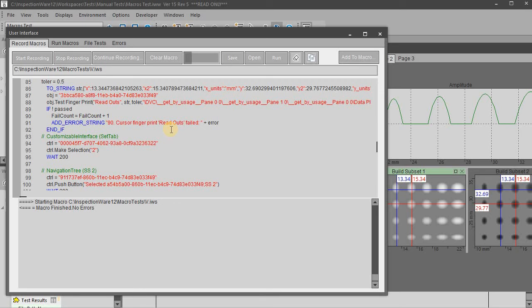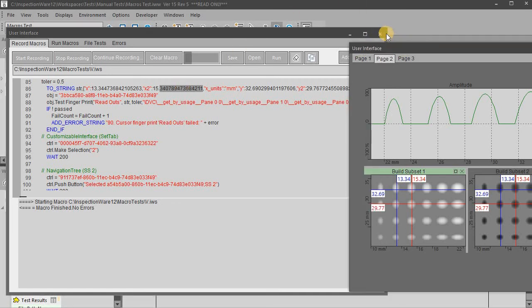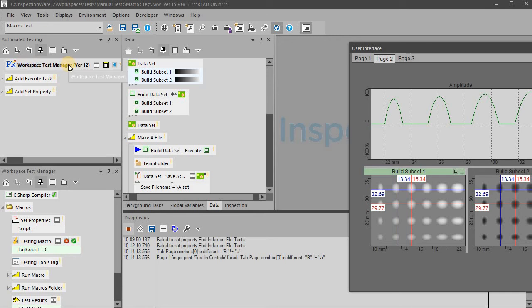So generally, the pattern you want to use is you want to record the test. It does most of the work. If you need to tweak a few things here or there, if a number changed, you can type it. In general, I find you're better off just re-recording the macro because they're pretty easy to record, and just overwrite the old one. Okay, so I'll cover one more thing on this, is that if this is my macro package here,